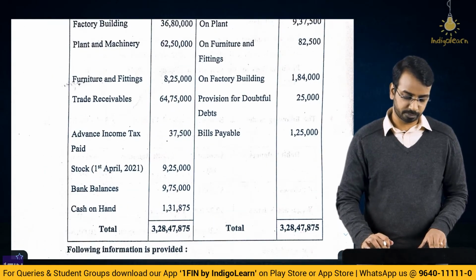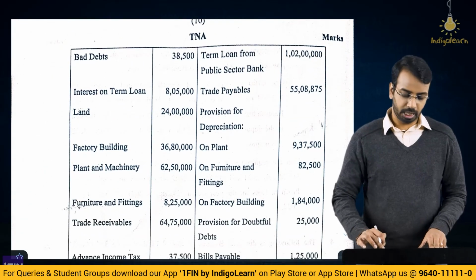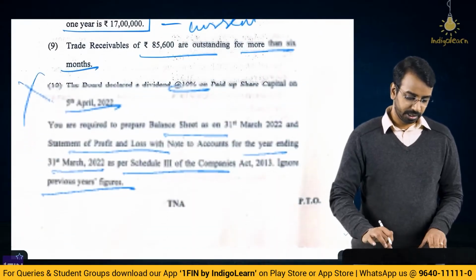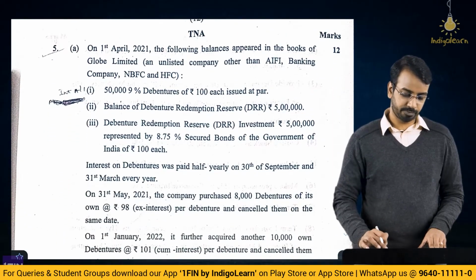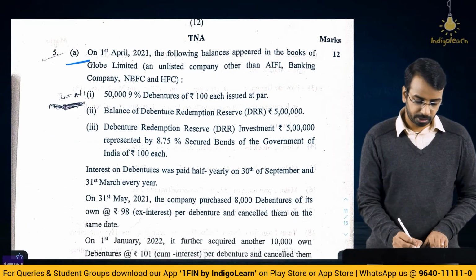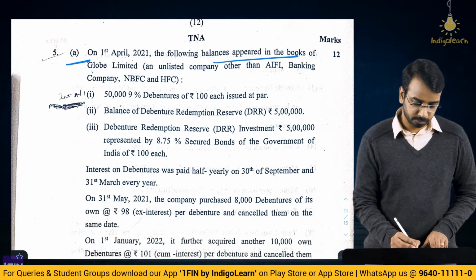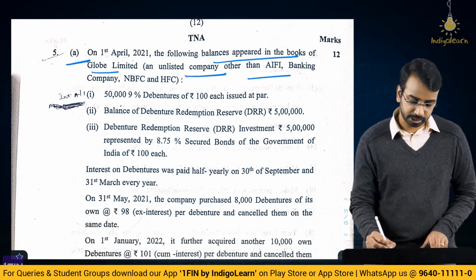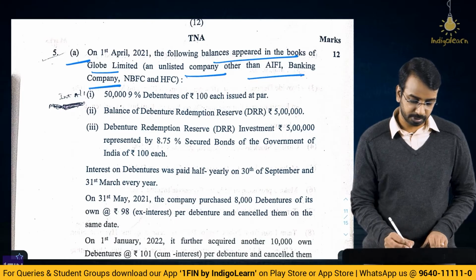So this is again a straightforward question. Nothing complicated here as well. 20 marks, straightforward. Then the next question on debentures. Following balances appeared in the books of a company, unlisted, other than All India Financial Institution, Banking Company, NBFC and